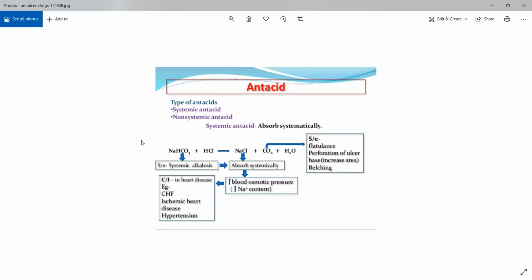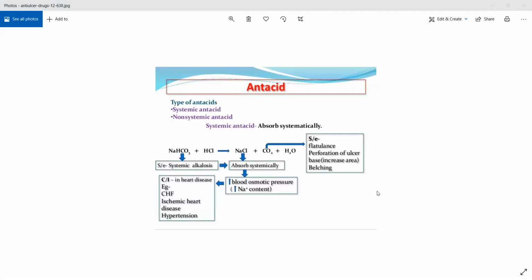They'll not act for a long period of time. The side effects associated with it can be quite bothersome. Especially, you cannot give it in patients who have any cardiological problems because sodium bicarbonate, once it gets absorbed inside, it will react with the HCl of your stomach. Okay, eventually it will enter into your blood, it will circulate around, it will reach your stomach and it will get secreted inside your stomach. Once it is inside your stomach, it is reacting with the HCl that is present inside your stomach. Also it will try to stop systemic acidosis.